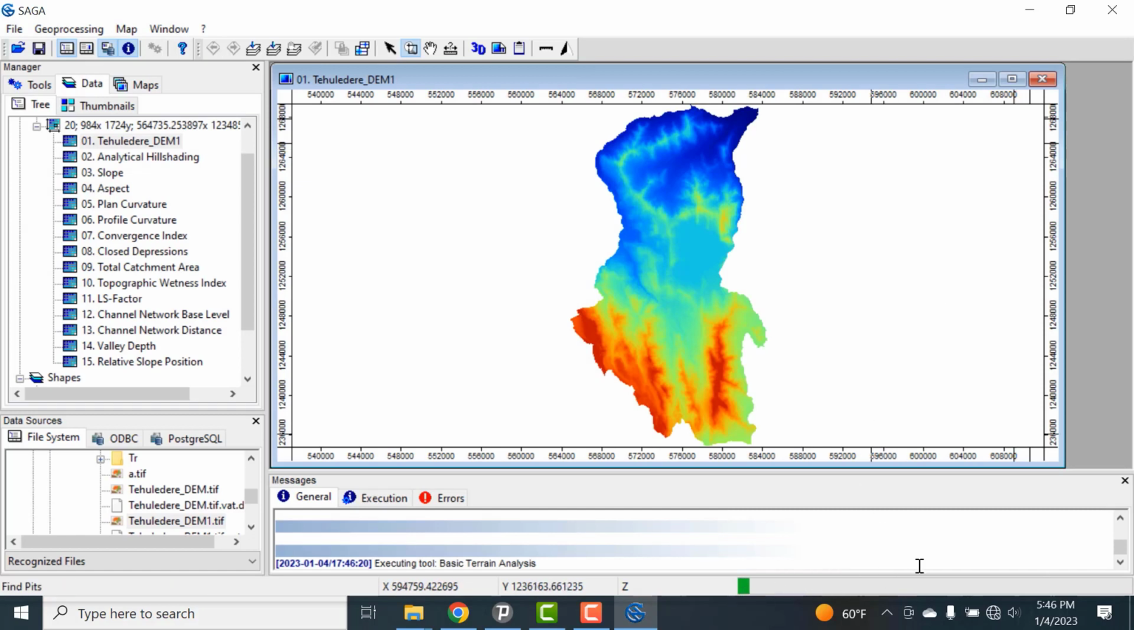Here there is a processing caution. All the listed parameters are generated